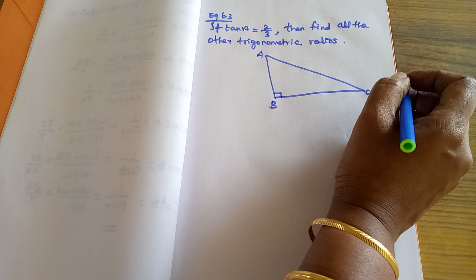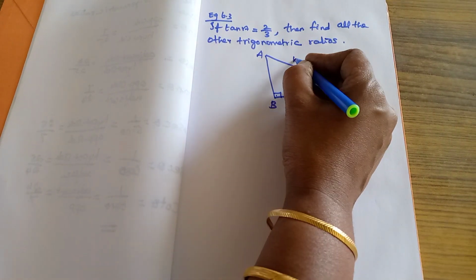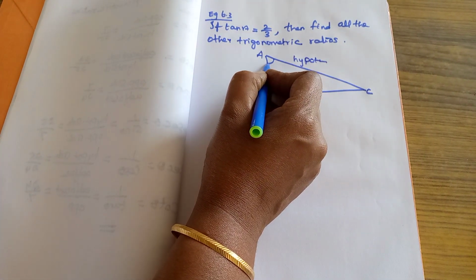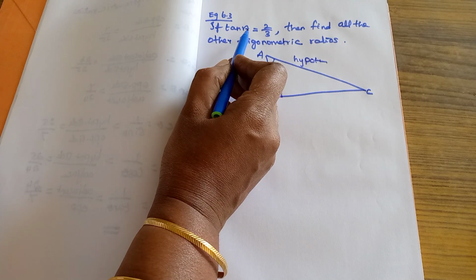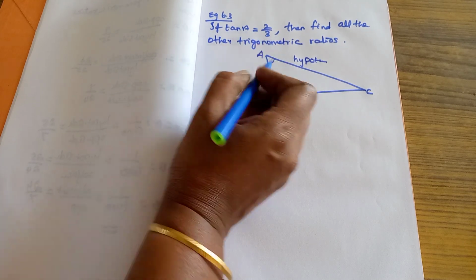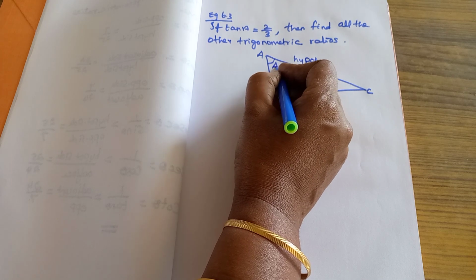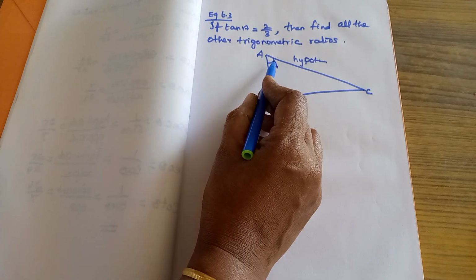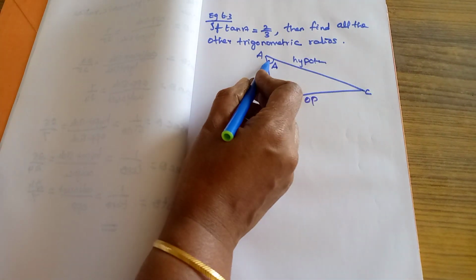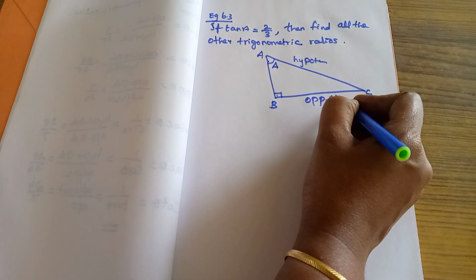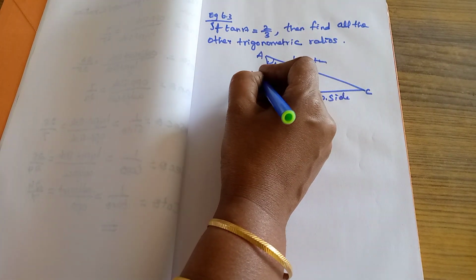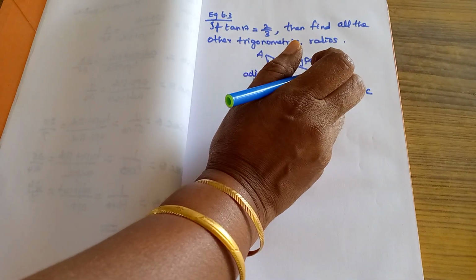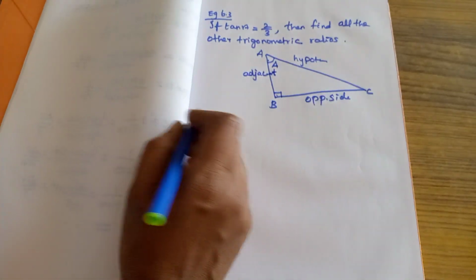Let's find out the sides first of all. Opposite of 90 is always the hypotenuse. Let us take the angle theta here. Here tan A is mentioned, so in place of theta we give A. Opposite of this angle is known as the opposite side, and the third side is the adjacent side.